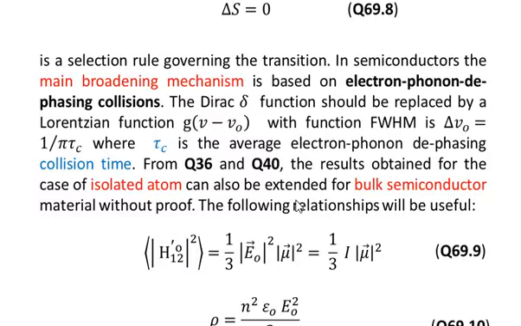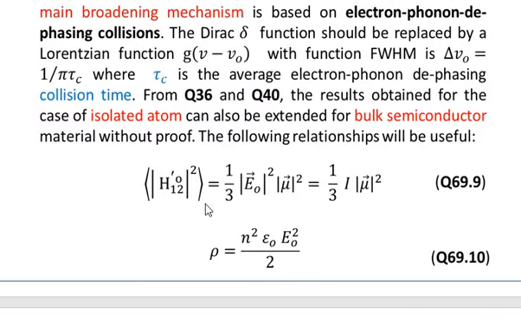Now you see that having said that, for the case of a bulk semiconductor we can adopt the same mathematical equations that we have derived for the case of an isolated atom, and we are not going to give the proof for this one because the proof is lengthy. So we are just mentioning it over here, and you should take it for granted that we are using the same equations as used for a single isolated atom, even for the case of a bulk semiconductor material. The following relationship will be useful, as we have mentioned even for the case of isolated atom,